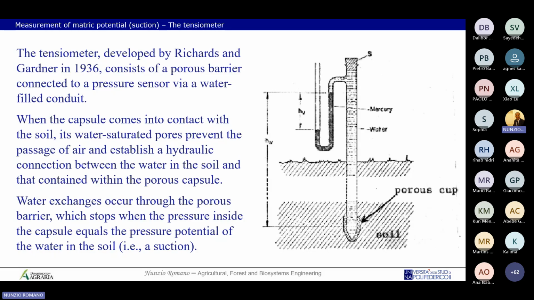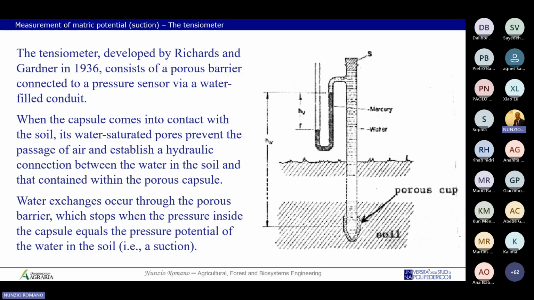And to do this, you have to use the piezometer. This is the original piezometer with the tensiometer. Of course, this is the tube full of water, and at that time there was mercury that measured the pressure, but now you cannot, because by law you cannot measure the pressure using mercury. So now you have to use different things, but the important thing is to use a porous cap.